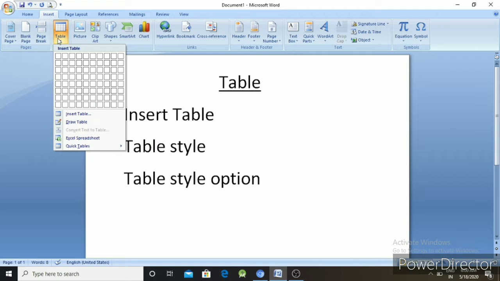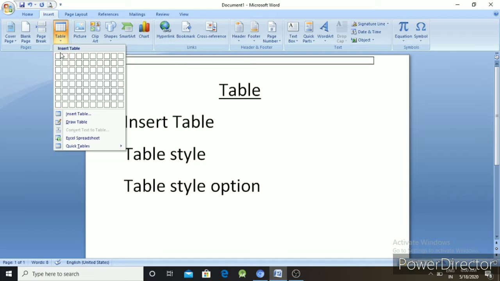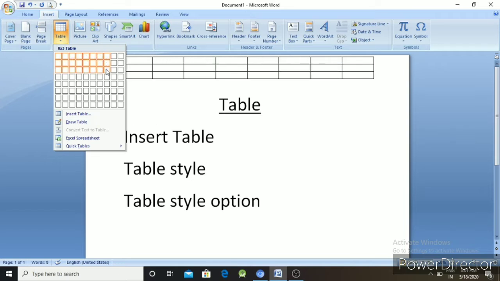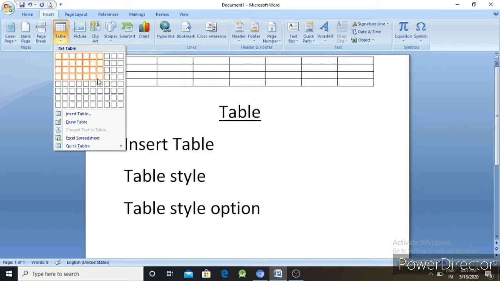First of all you click on the table option, so a dialog box opens. You select how many rows and how many columns are required here.